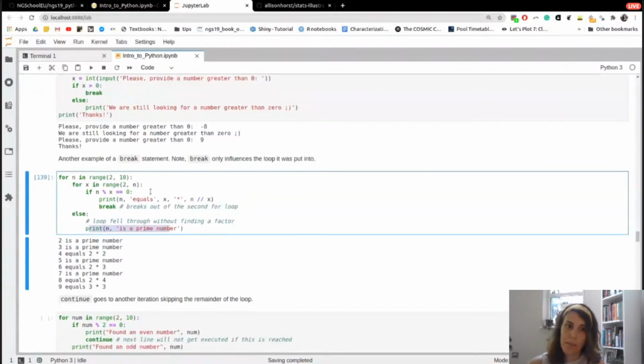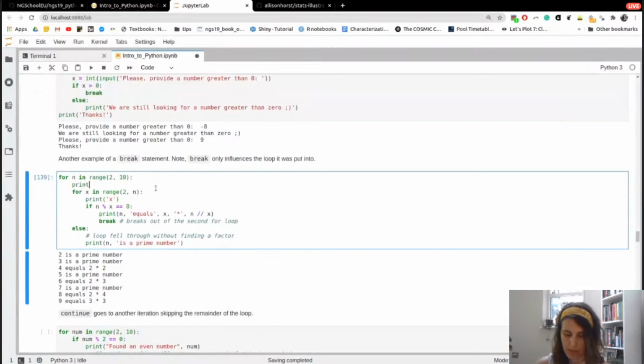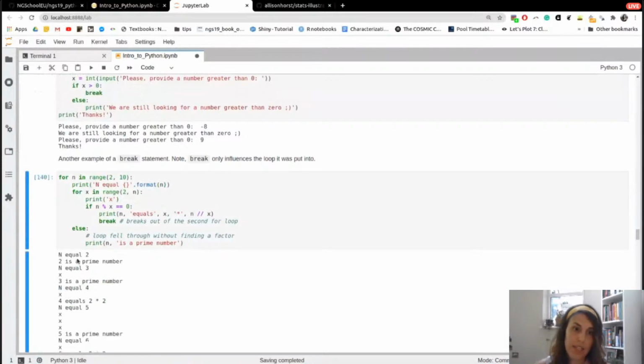If we want to see what is happening, we can add, and this is my first advice about debugging. So if we want to see what is happening, we can add this line. n equal. And then when we're going to execute it, n is equal to 2, and then we don't have any x, so it just prints this line. Then n is equal